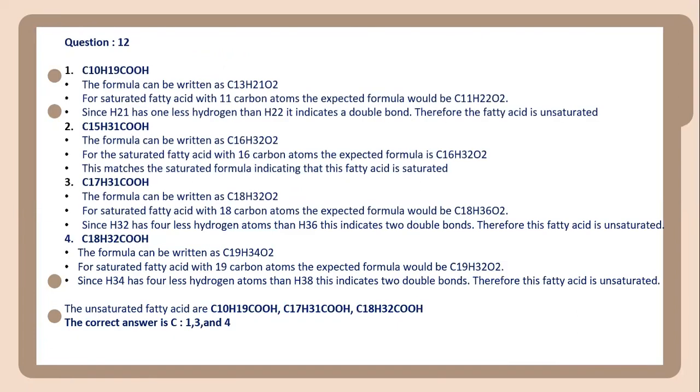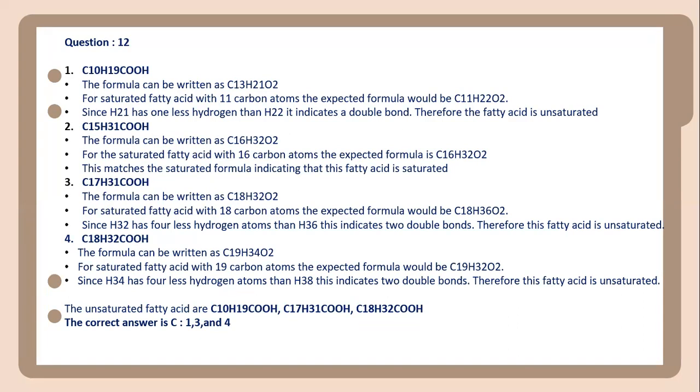The correct answer is 1, 3, and 4. Because for 1, the formula can be written as C11H21O2. For a saturated fatty acid with 11 carbon atoms, the expected formula would be C11H22O2. And H21 has one less hydrogen than H22. This indicates a double bond,